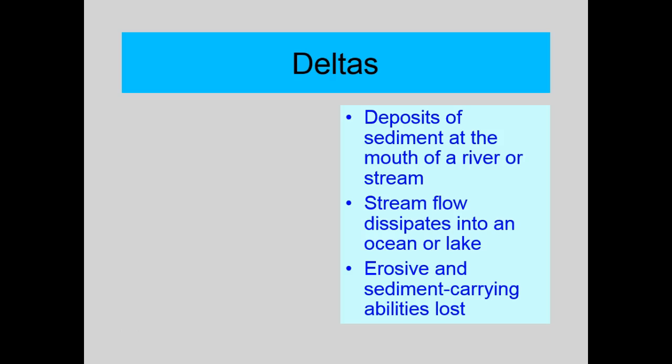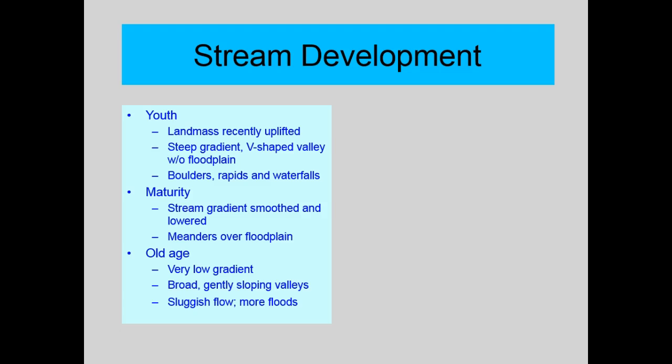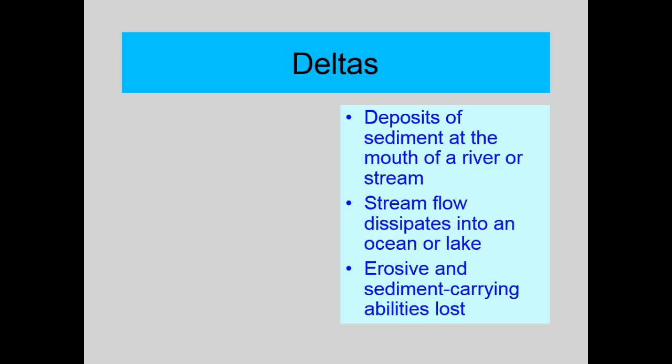All right. If you go on downstream to those old age, very low gradient, broad, gently sloping valleys, what you run into there is called the deltas. These are deposits. Now, this book really doesn't do as much of a job as the previous book did on your, yeah, it's here too. Okay. It's just on the next page. Deposits of sediment at the mouth of a river or stream. Okay? Now,